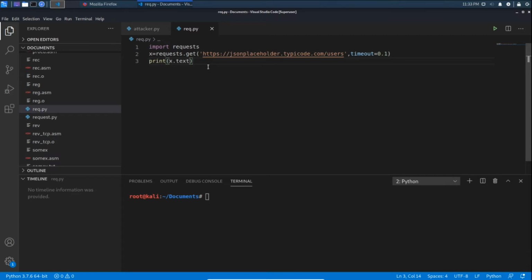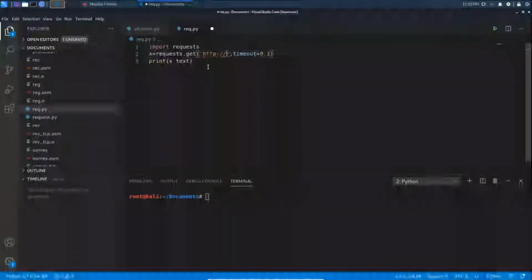Okay, let me show you the redirection error. For this I am going to use the old Google website over HTTP. Previously Google was running on the HTTP protocol, but now it has changed to HTTPS.